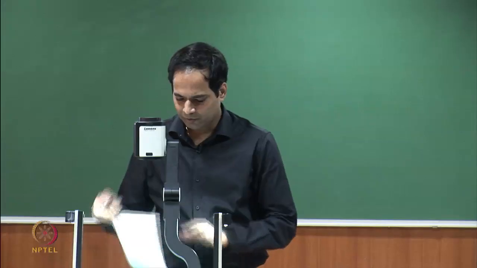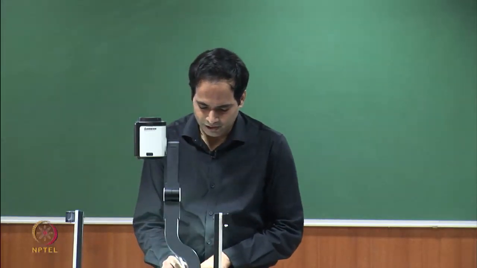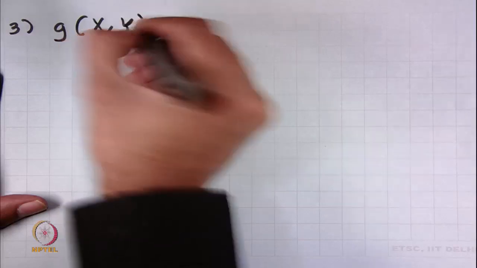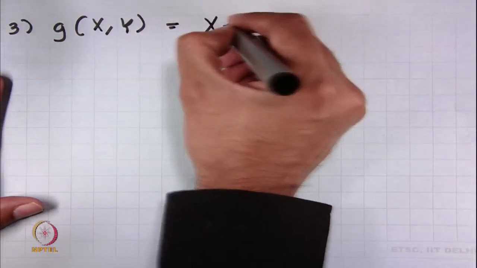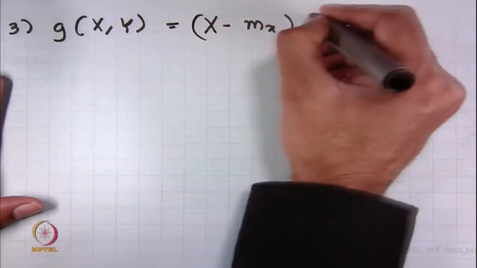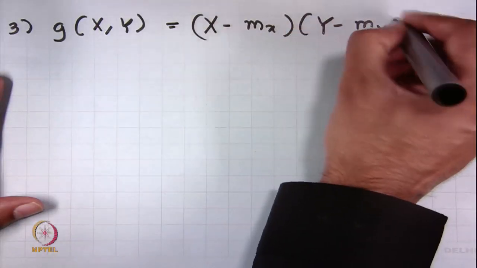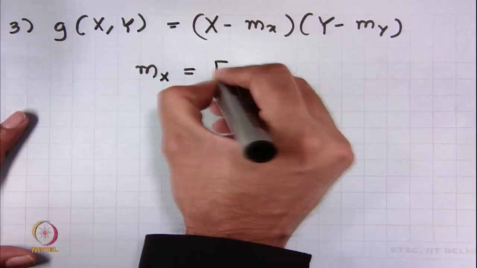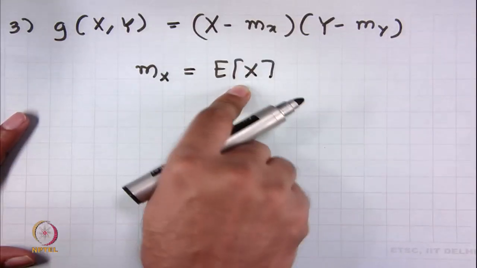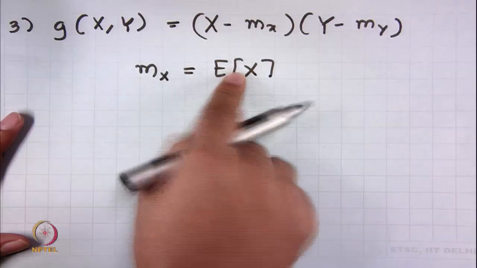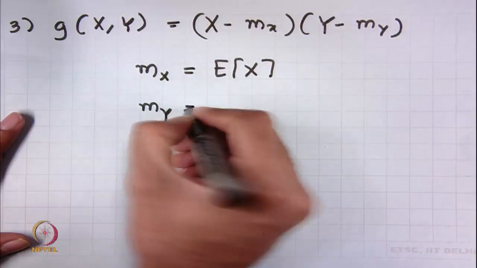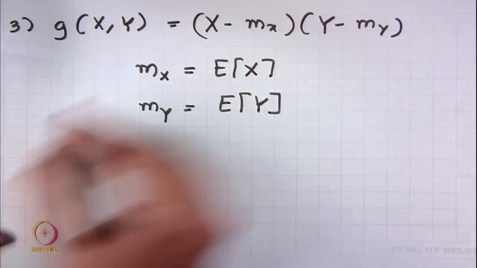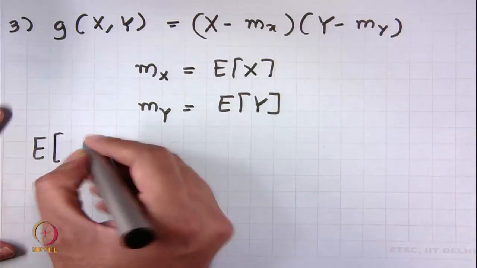So, let us do the last concept for today. Now, we have assumed the third case in which this function of x and y is x minus mx into y minus my, and let me define my notation here. mx is the expected value of x. It is the average value of random variable x, also known as the mean of the random variable x, and my is the expected value of y. Okay. So, now we have to evaluate this expression